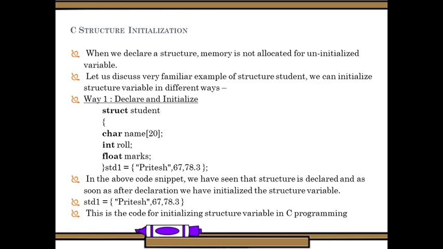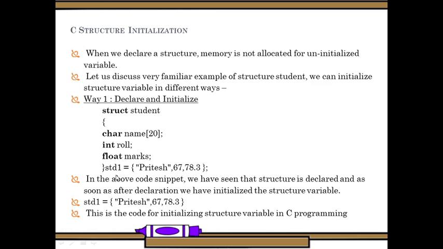First, we declare struct student. Struct is a keyword which we are using, and student is the name of the structure. Then the character data type name, roll number and marks. These are the three elements we declared in a structure. They are also called members of a structure. We call these the members of the structure. After that we are using a structure variable.